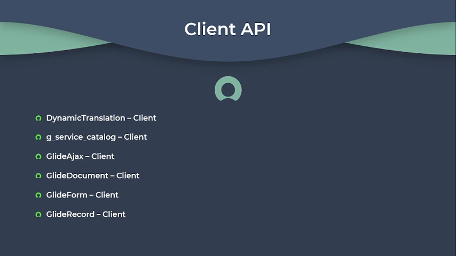Then GlideDocument. The GlideDocument class provides the ability to search a DOM element, a document, or a jQuery element. Then GlideForm. The GlideForm API provides methods to customize the form. Then GlideRecord. GlideRecord is used for database operations. The client-side GlideRecord API enables the use of some GlideRecord functionality in client-side scripts such as client script and UI policy script.